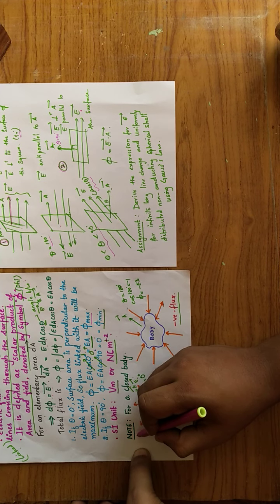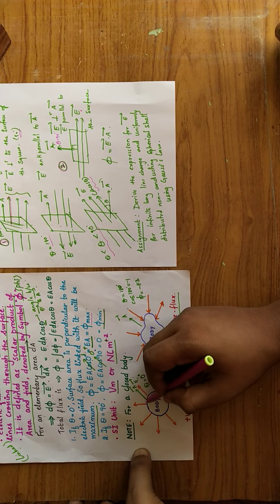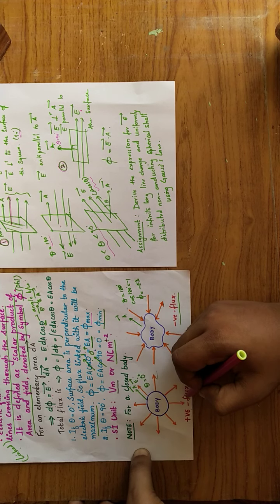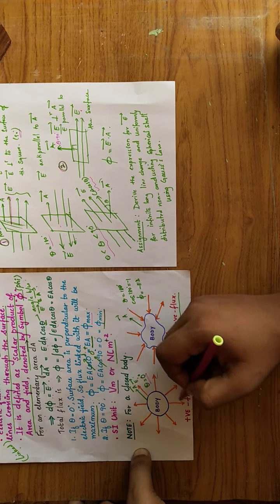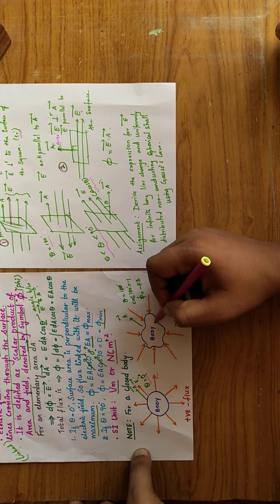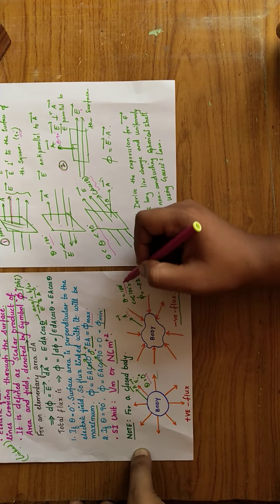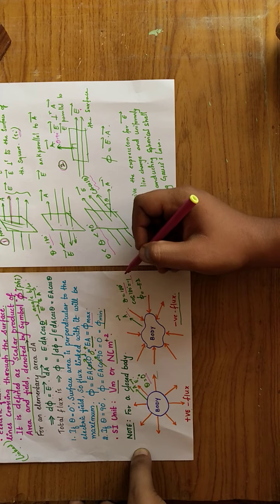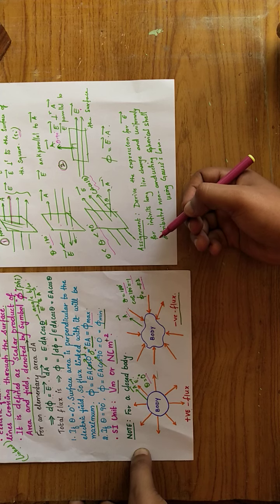There is a sign convention which I have written here. Note, for a closed body, the flux which is coming out is positive because theta is 0. So cos 0 will give you the positive flux. Whereas when the electric field is radially inward to the closed body, you can see that the area vector is pointing opposite, anti-parallel. Theta is 180, so therefore cos 180 is -1. Flux in this case is negative, so negative flux. Okay.